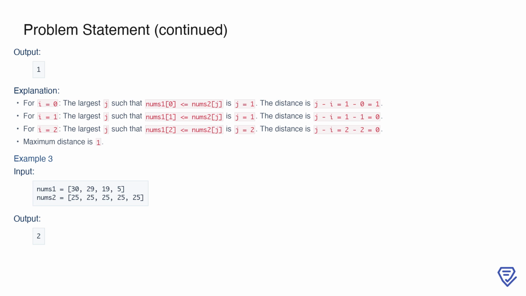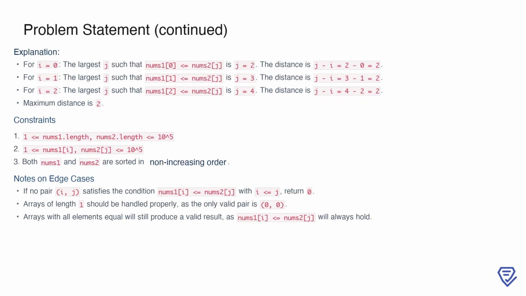Let's now examine a third example to see how the logic applies to different inputs. In the third example, nums1 is 30, 29, 19, 5, and nums2 is 25, 25, 25, 25, 25. For i equals 0, we find that the largest j satisfying the condition is j equals 2, resulting in a